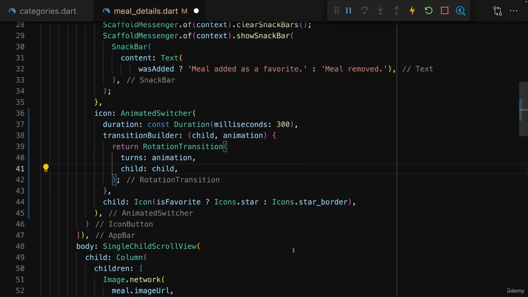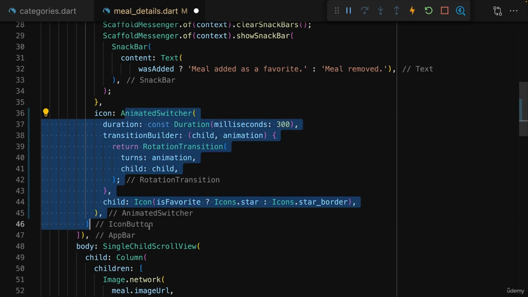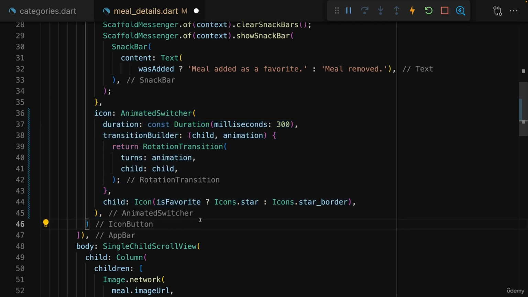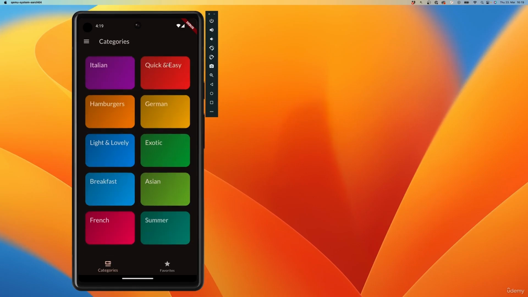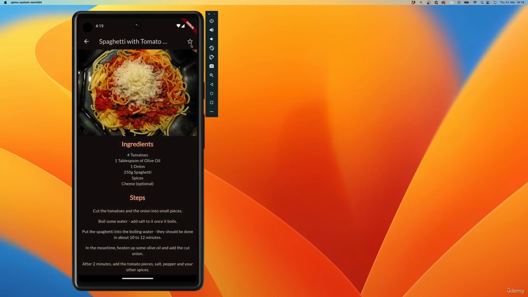And with that, finally, we got all the setup we need to animate this icon. And of course, here I still took some time to explain this, so it took us some time to build this. But of course, that's the case because you're currently learning it. If you take a look at this code, it should be easy to see that this is much less code than you had to write with the explicit animation. And that's why implicit animations often are the better choice. Now with that, let's save it and let's see whether it works though. If I go back here to Emil and I click this star,